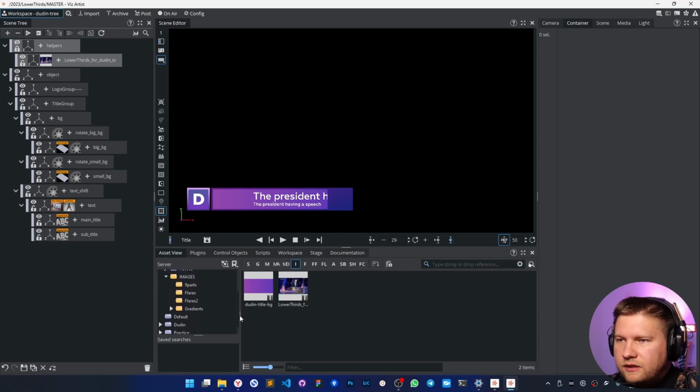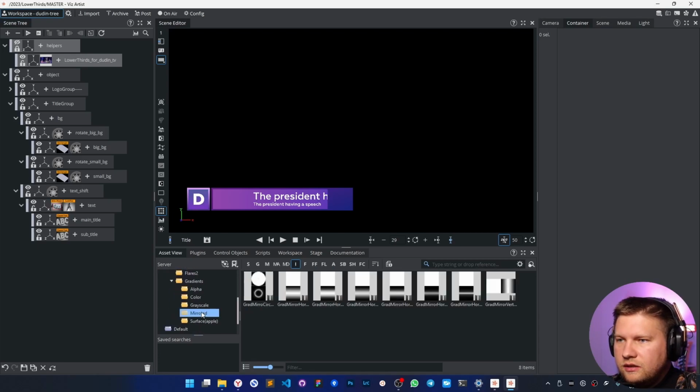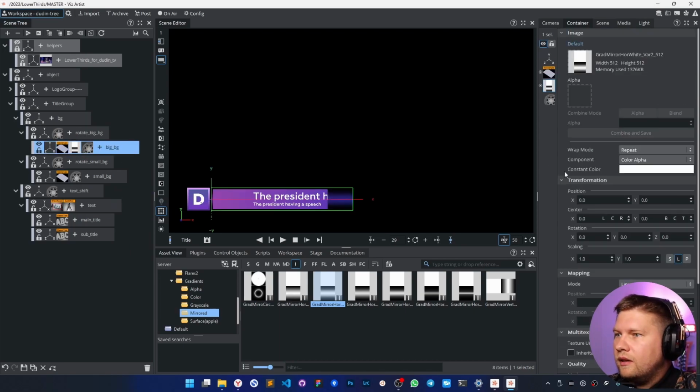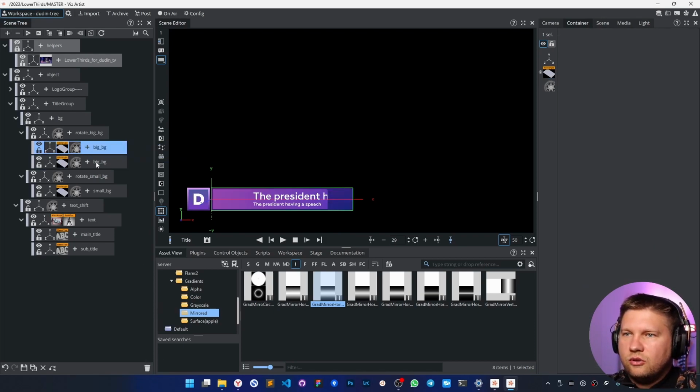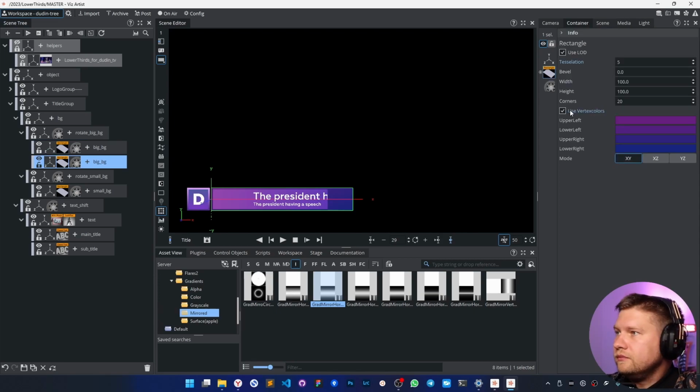Okay, let's find the texture in gradient, and here I'd like to have something like this. And I will put it on the big element here. And as you can see, it doesn't work correctly, not what I want. It just makes an alpha for the current element. So I'd like to have it as a separate thing. So I'd like to just copy paste it, and for this rectangle I switch to the original white thing, and